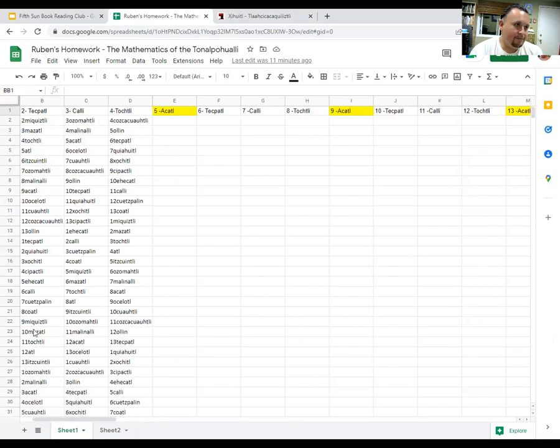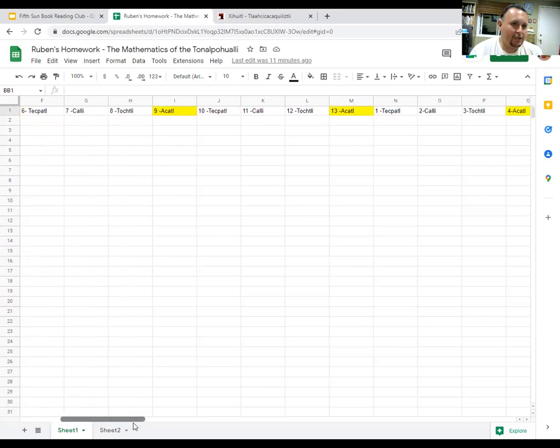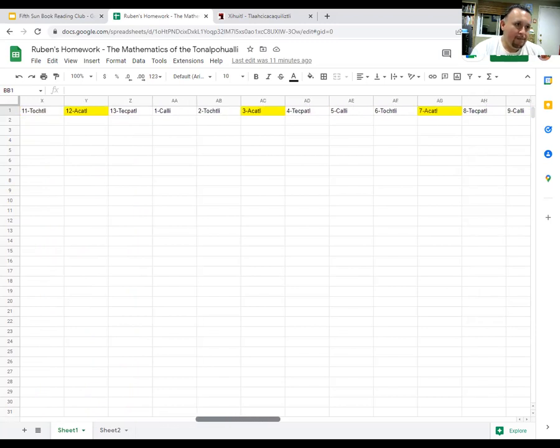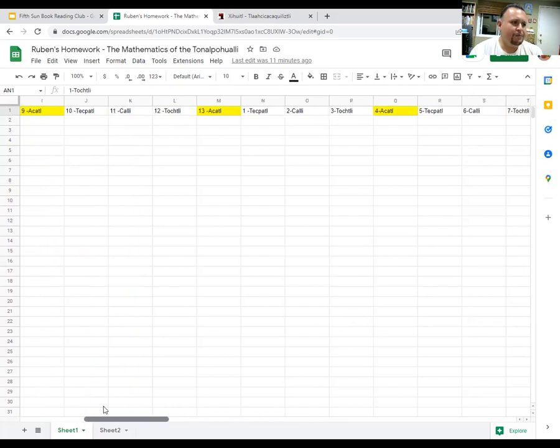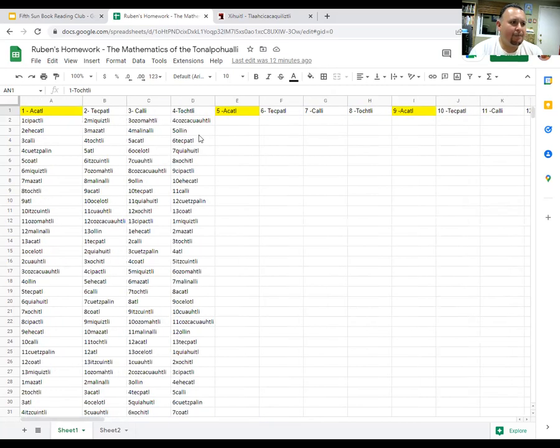In our work here, I didn't highlight one tochli, but it's somewhere in there. Where they got one tochli from? Most likely, just like the Mexica did with a lot of other things, they probably, here it is, they probably just carried it over from some other culture, maybe the Tepaneca. Okay, but it just goes down to